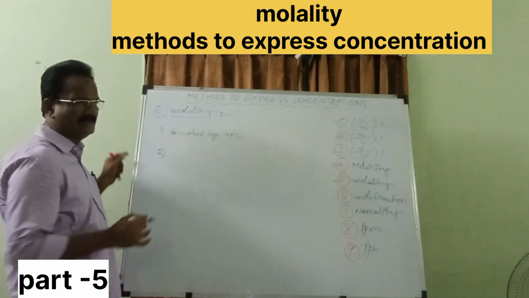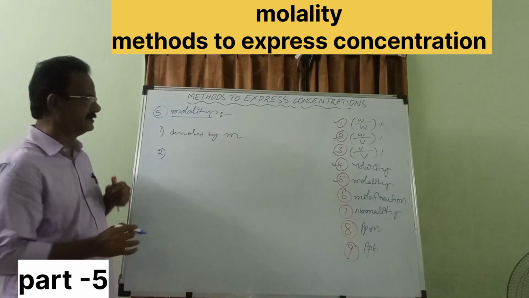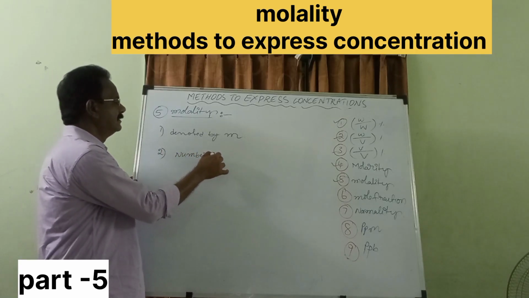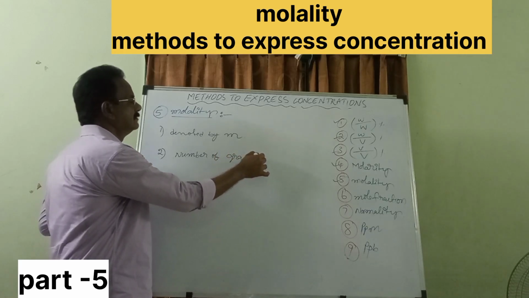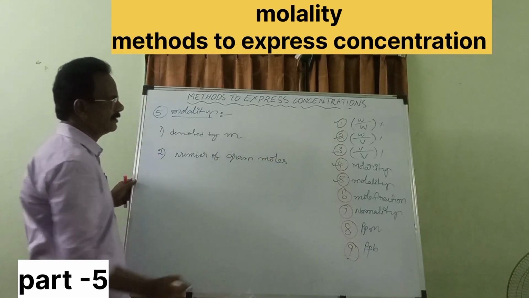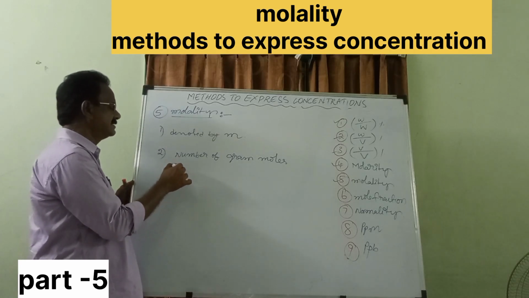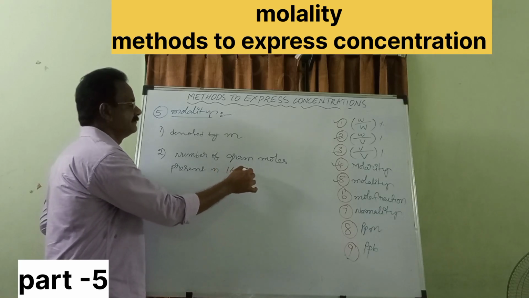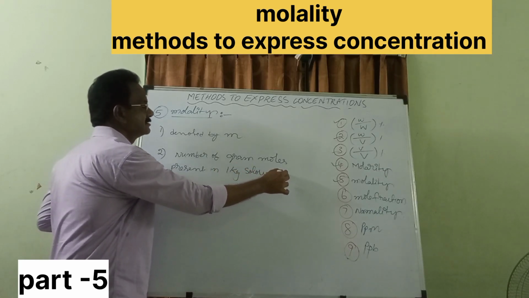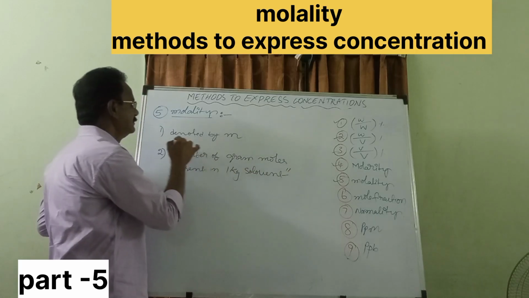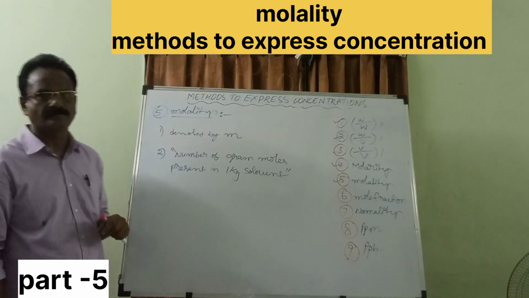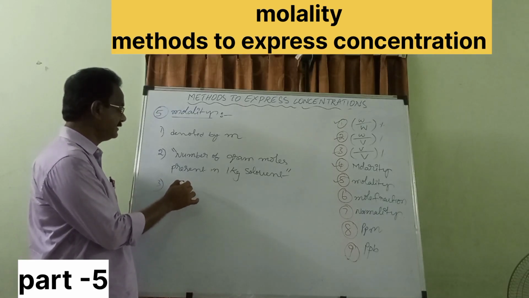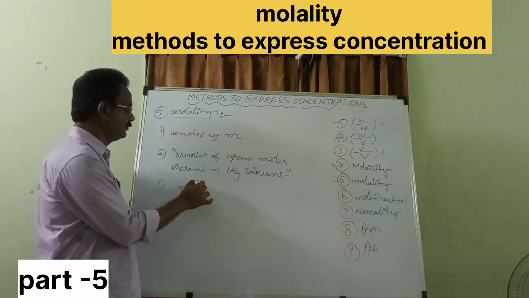It can be defined as, the definition is very important here, number of gram moles present in 1 kg solvent. Okay, is it clear? Number 3, the representation, molality can be represented as m is equal to n by